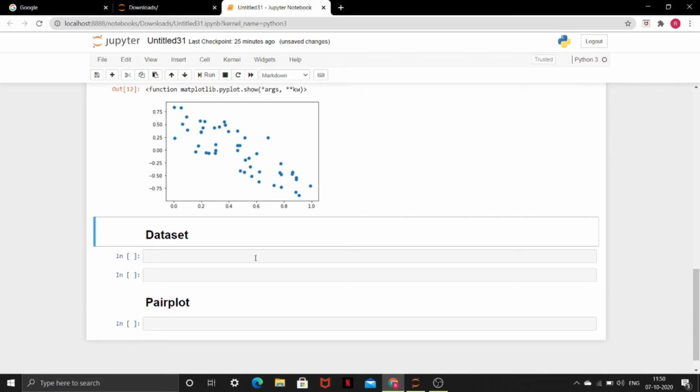Now you can also plot a scatter plot for the data points in a data set. So we will first import a data set. We will need to first import the library pandas.